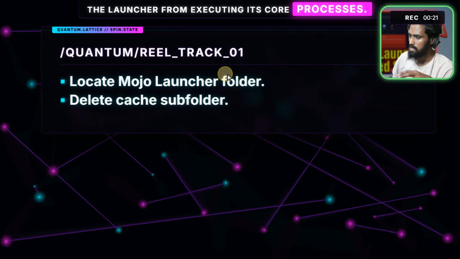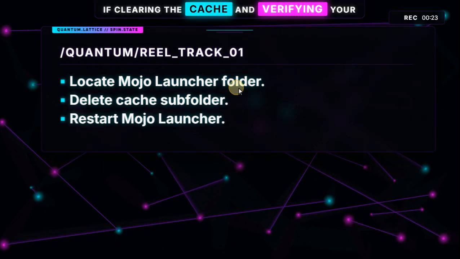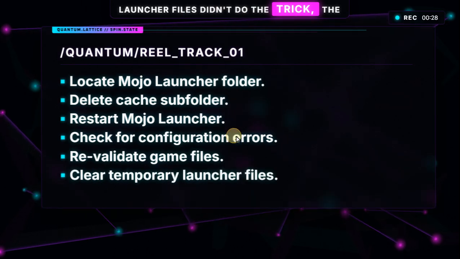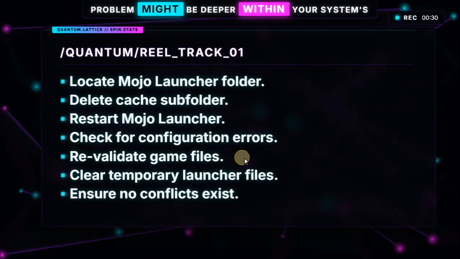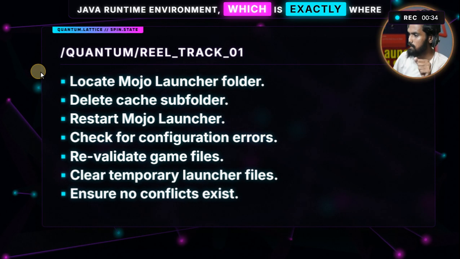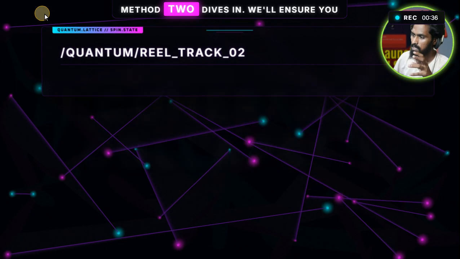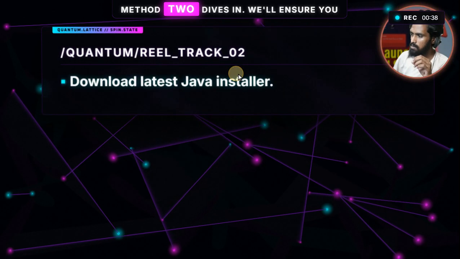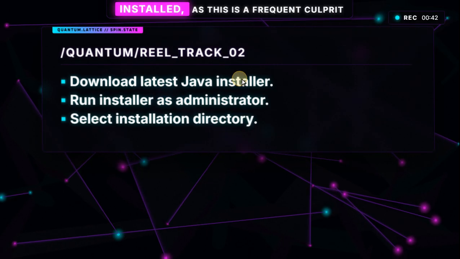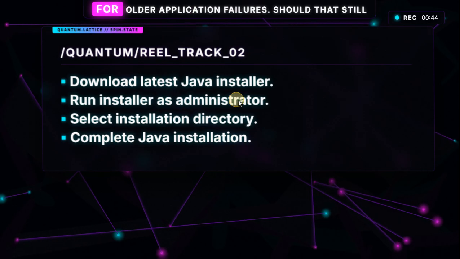its core processes. If clearing the cache and verifying your launcher files didn't do the trick, the problem might be deeper within your system's Java runtime environment, which is exactly where Method 2 dives in. We'll ensure you have the latest, most compatible Java version installed, as this is a frequent culprit for older application